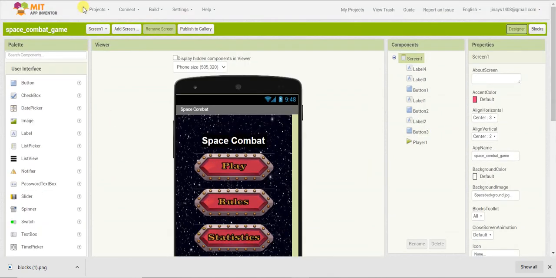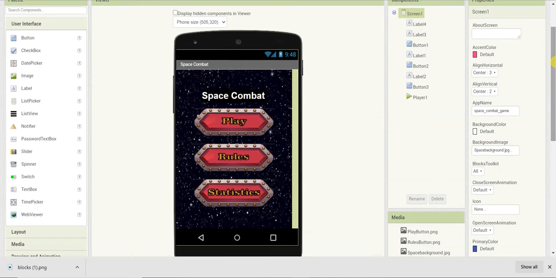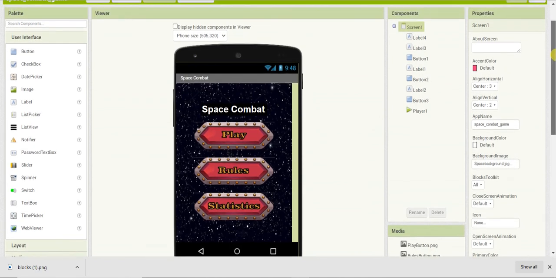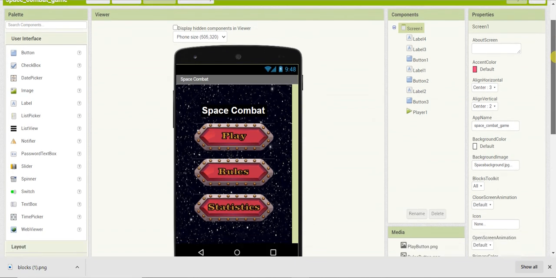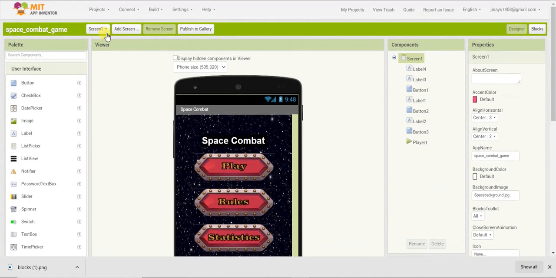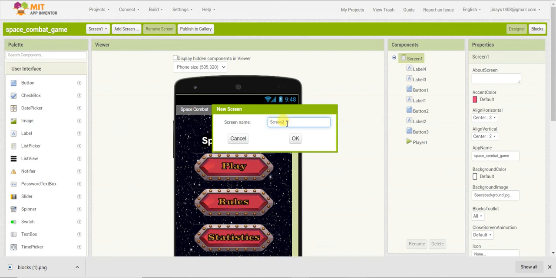For the statistics and rules, you can create rules however you want, like you can create your own PDF and add it, or create your own video explaining the game and how to play it. So in rules you can add that, according to your own choice. But for statistics, I'll just create a screen.